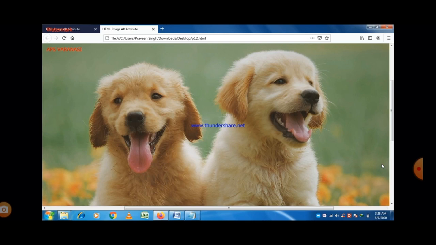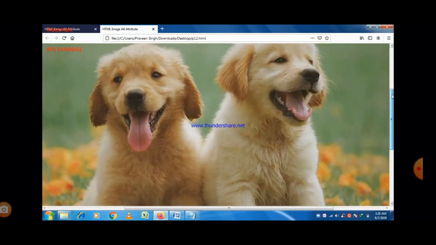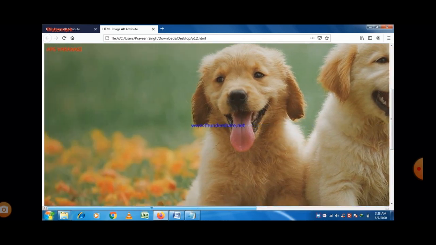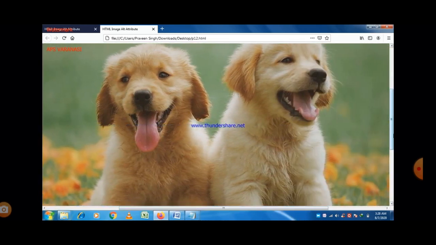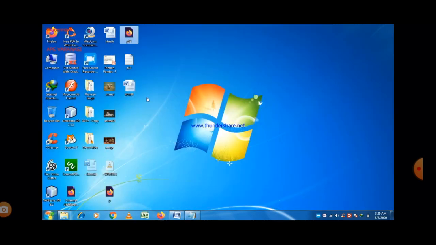You can change the size of the image also using the height and width attributes, which will be discussed later on in this video. But first of all, see how to insert an image. So if you want to insert an image, just use the img tag with the src attribute. Img is the name of the tag and src is the attribute. In the src attribute, we just write the source or the URL of the image. You can see that the size of the image is large in that case, and if we want to reduce it, it is also possible.